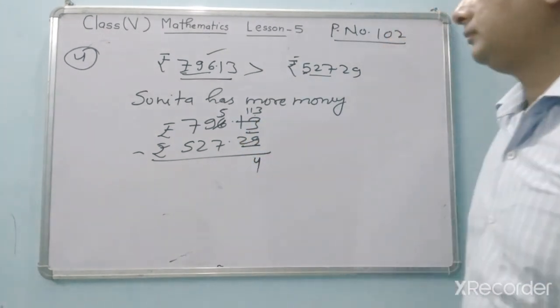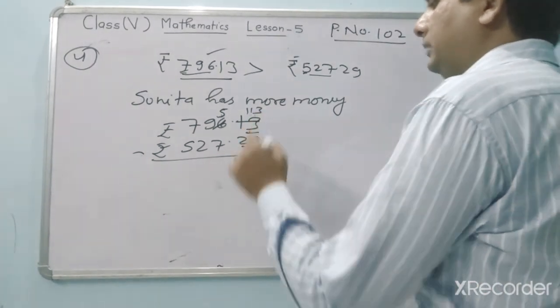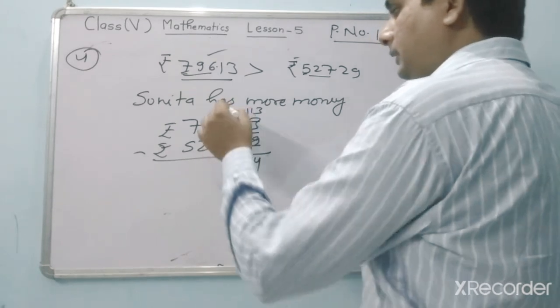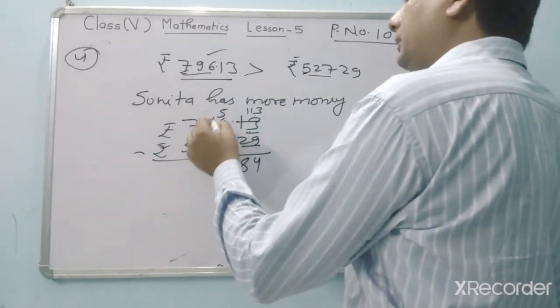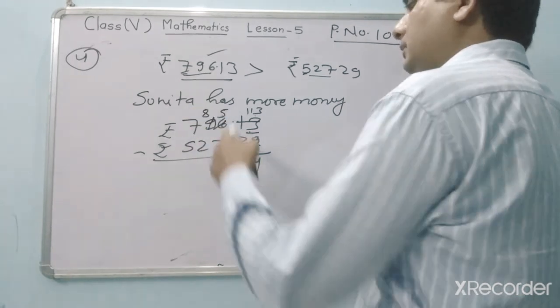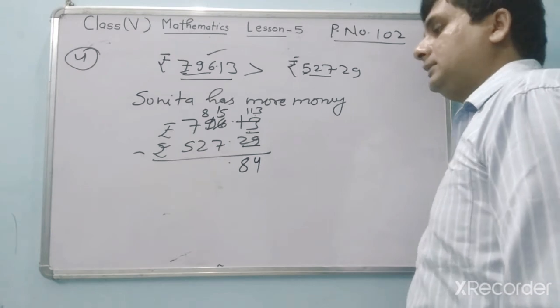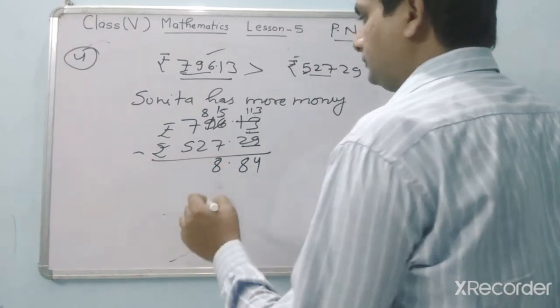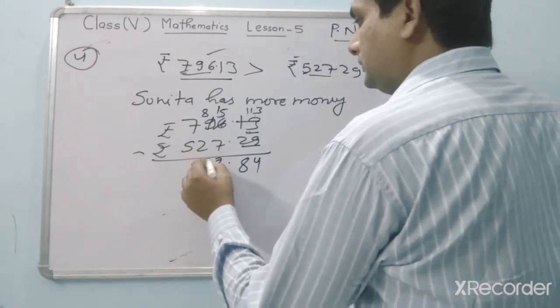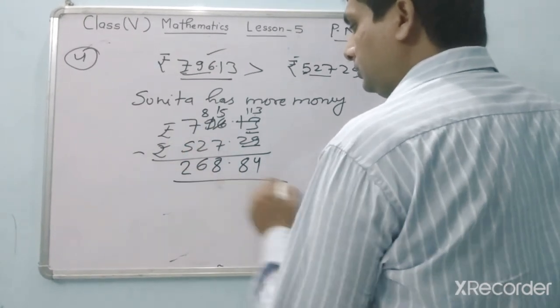4. 13 minus 9, 4. And here will be 10 minus 2, 8. Then here 7 cannot be divided by 5, so again take one carry from here. Here will be 8. So now what will be here? 15. So 15 minus 7, what will be? 8. And here 8 minus 2, 6. 7 minus 5, what will be? 2. So rupees